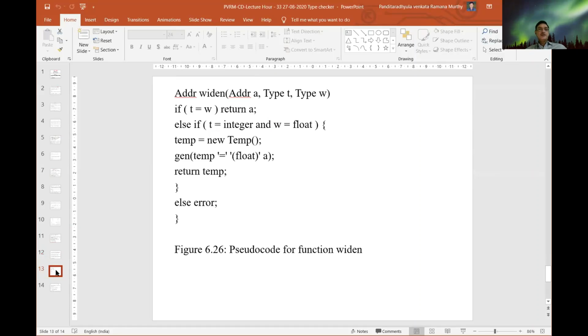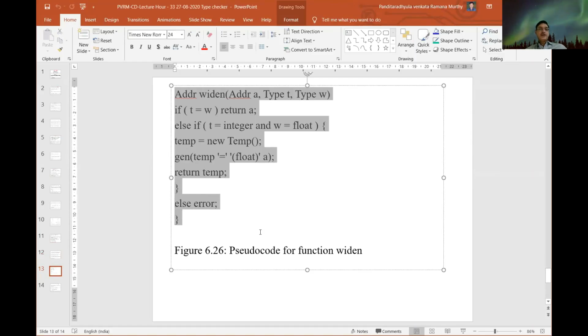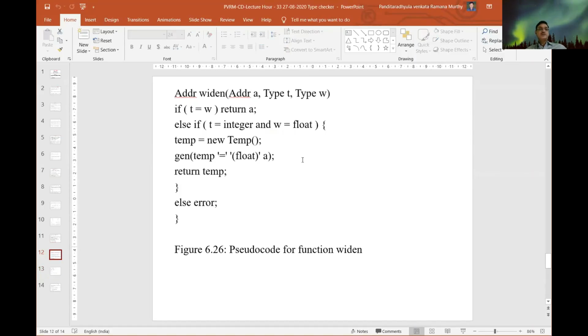How are we writing this small code for identifying that type conversion? This is our widening rule.